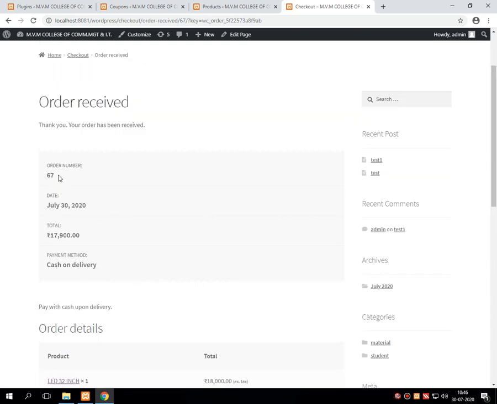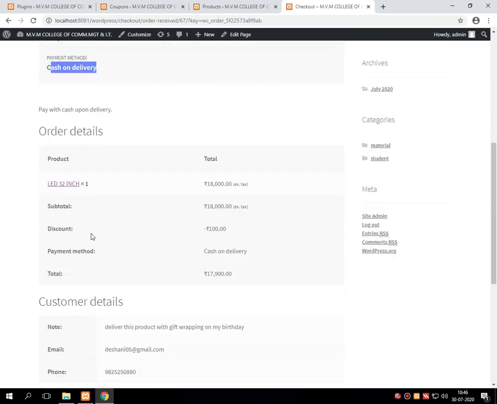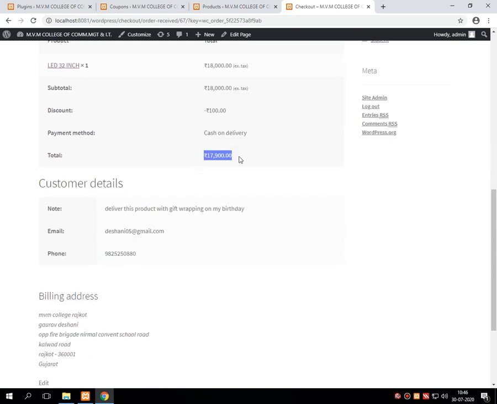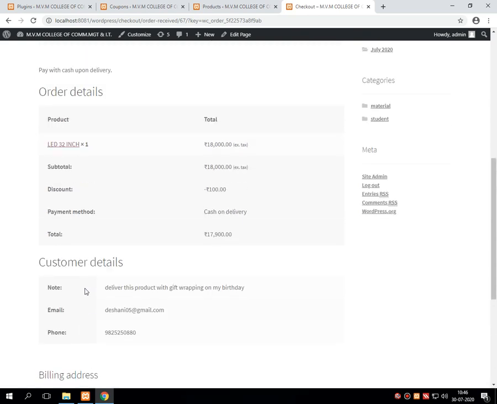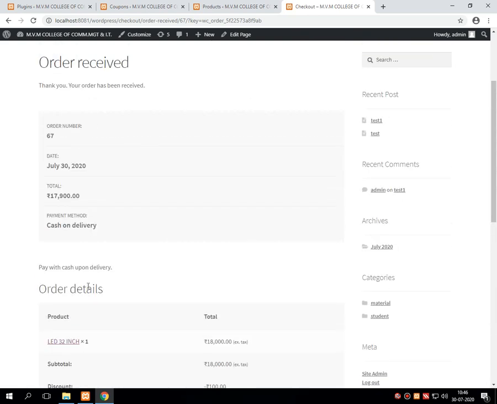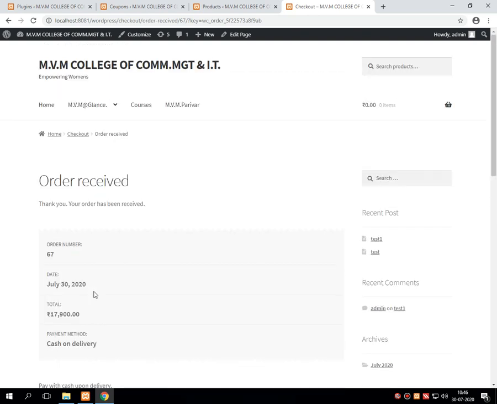That means on your mobile number you will get the order number, expected date of delivery, the mode of payment, the details of the product that you have purchased, the amount that you have to pay on cash on delivery, the mailing address. All these things you will get in your SMS as well as on the email ID that you have provided. So successfully the order has been placed.